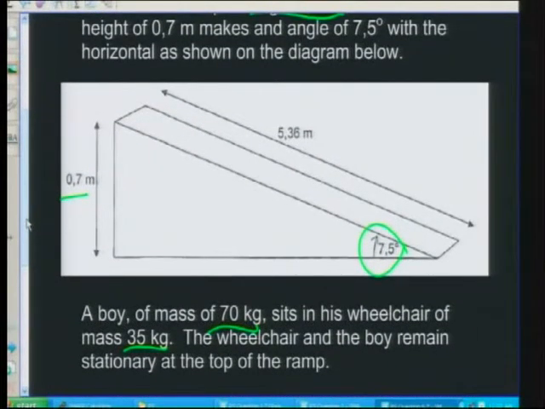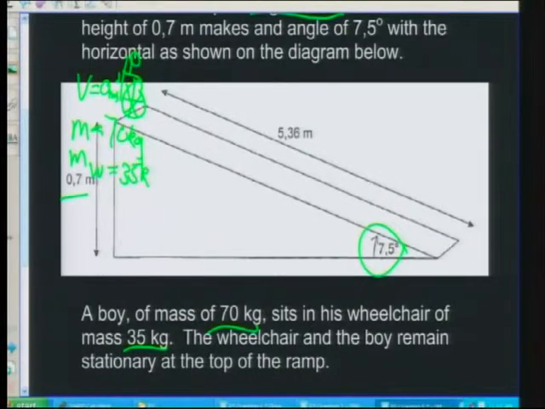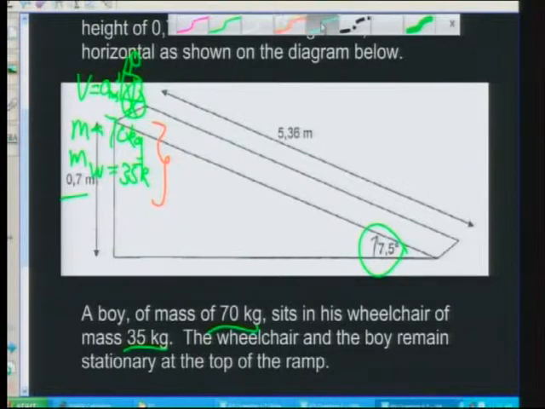So in my answer book, I can't draw wheelchairs very well, so I'm just going to draw something like that, and I'm putting a stick figure like that, and I'm going to say V equals 0 meters per second, and I'm going to say the mass of the boy is 70 kilograms, and the mass of the wheelchair, MW, is 35 kilograms. So the total mass, and I'm just doing this in my head as I'm thinking about the question, the total mass is going to be equal to